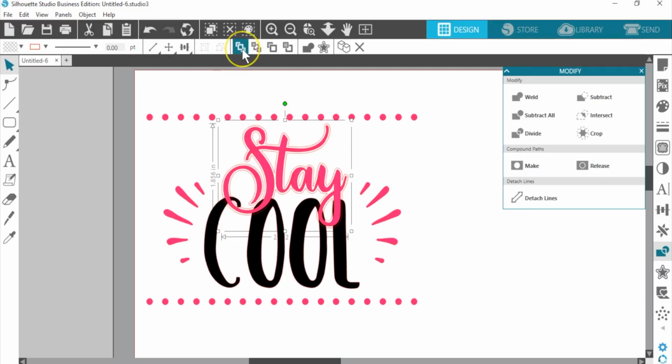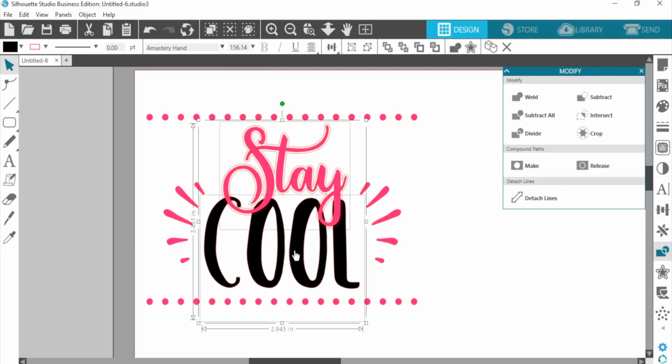So I want to bring it to the front. And then I'm going to hold my Shift key to also select the word cool at the same time. And now I can use subtract in the modify panel. So that's going to cut away using the front shape to cut into the back shape.